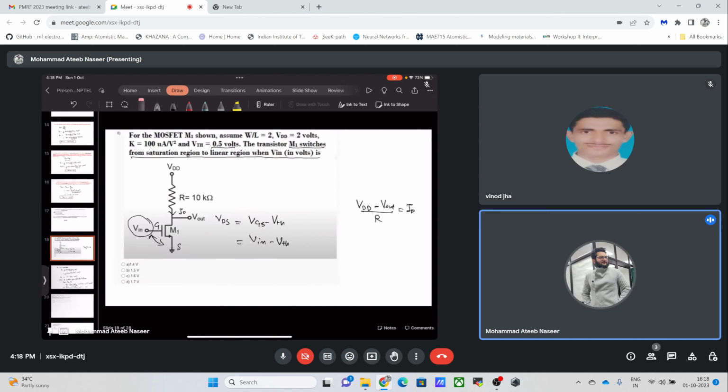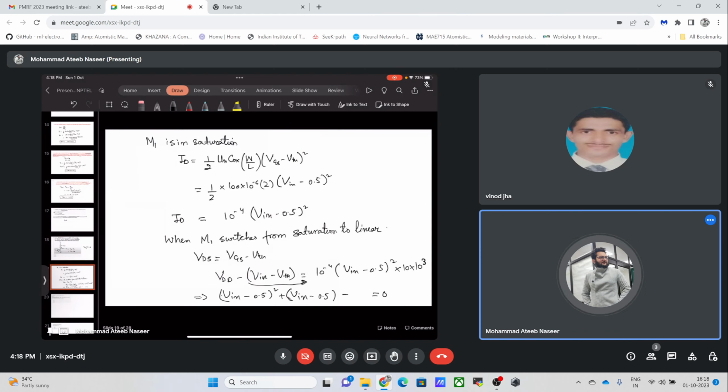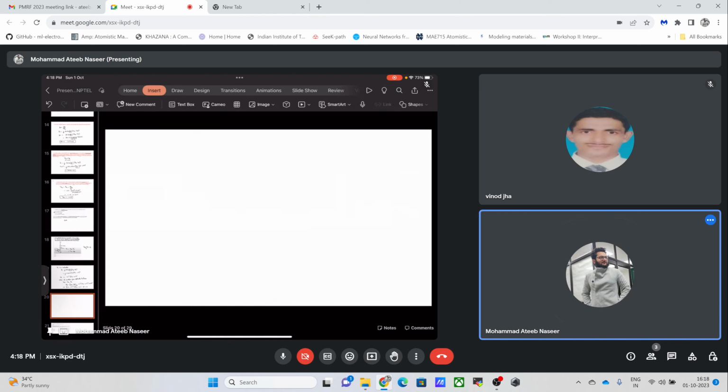VDD is 2 volts. So let us write this VDD value to be equal to 2, and we will get a quadratic in V in minus 0.5. So it is simply V in minus 0.5 is simply equal to